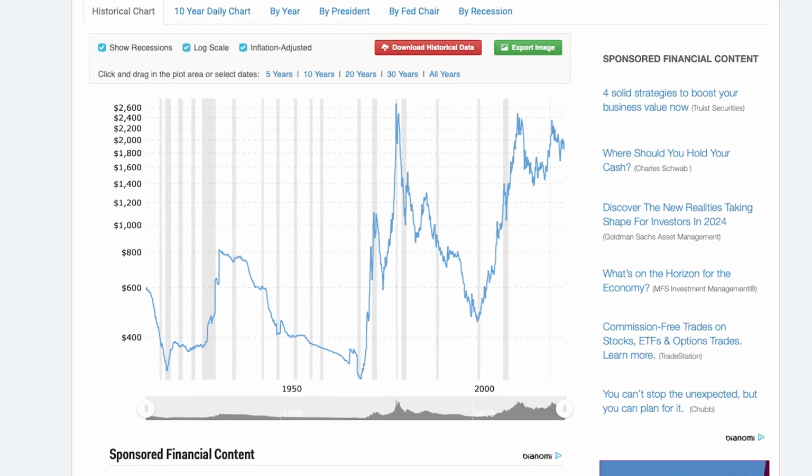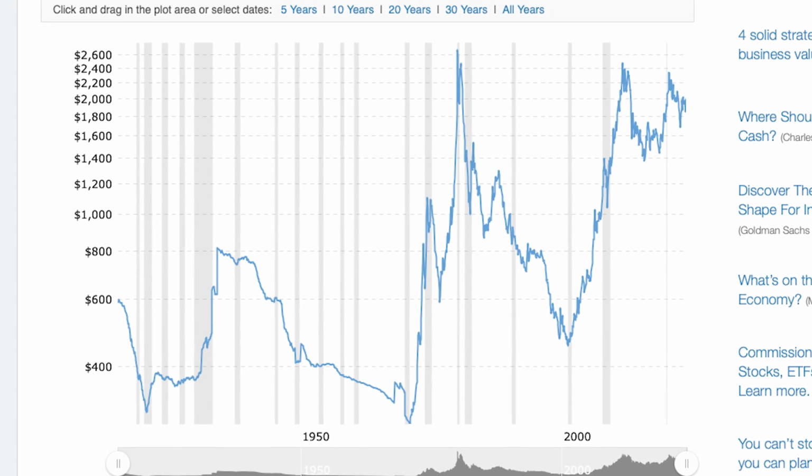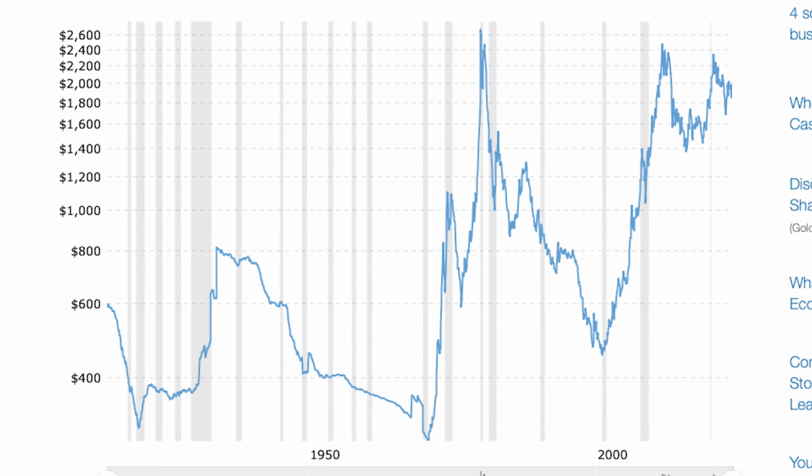And between 1913 and now, the United States government with the Federal Reserve Bank have worked to print a lot of money, which has devalued the dollar. That's why over the last 100 or so years, we have seen the dollar lose more than 90% of its purchasing power. And now if we take a look at this, this is a chart showing the prices of gold for about the last 100 years. And what you'll see is that although gold prices didn't go straight up, there was a lot of volatility with gold prices crashing and gold prices booming. Gold prices are a lot higher today than they were 100 years ago relative to the US dollar.